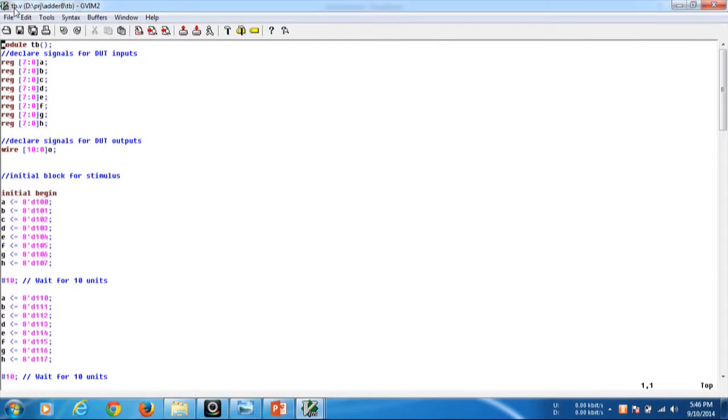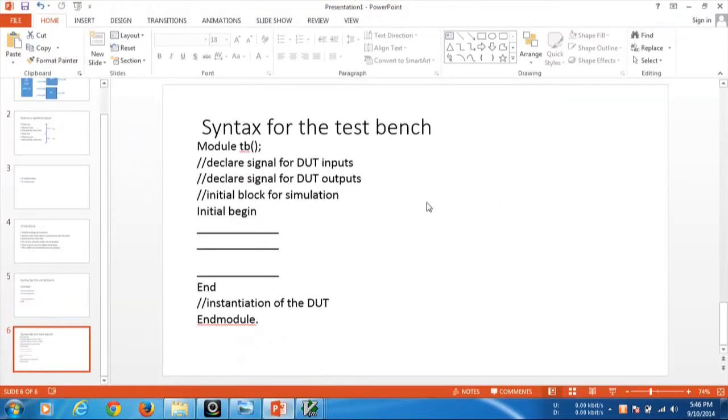So it is module TB, open and close brackets, and then declaring signals for the DUT. Sorry, I forgot to say two things.